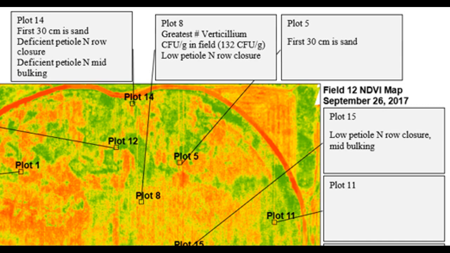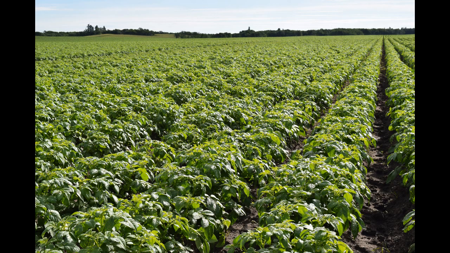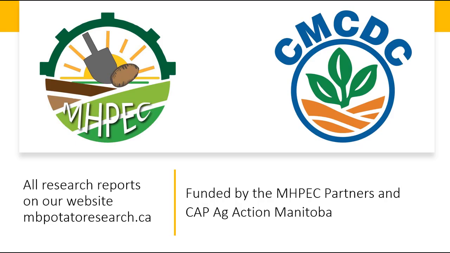So we're hoping to attach a dollar value to that of how much you lose on average per acre with these kinds of problems. These calculations will then be used in our subsequent studies when we develop treatments. Because we now know the average loss that you would incur, we could then compare it to the average gain that you would return by having a particular treatment over a certain period of time.